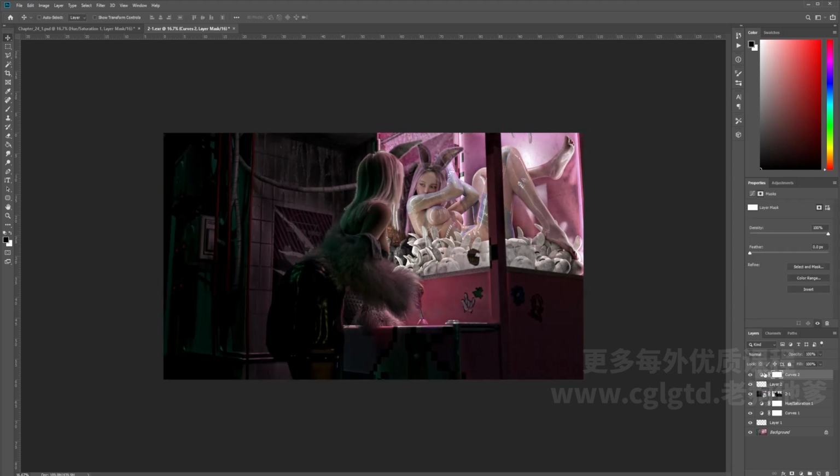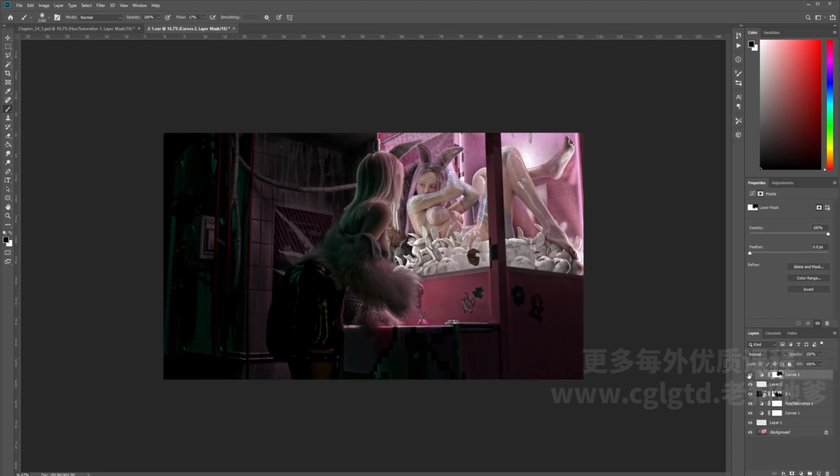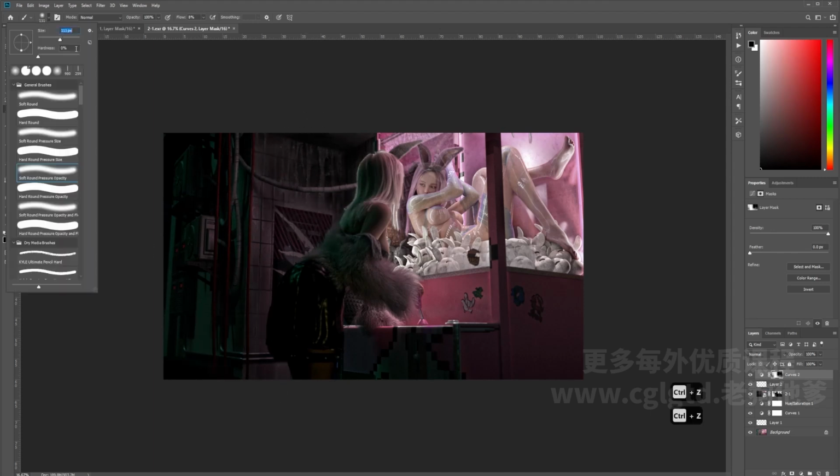Okay, now we can start adding some mask to it. For example, we want this part to be bright, so let's paint in some black. Okay. So now this part is relatively light. And also just a bit on the outside. And a little bit here. And most importantly, now let's use a smaller brush